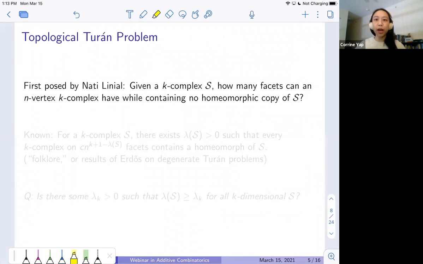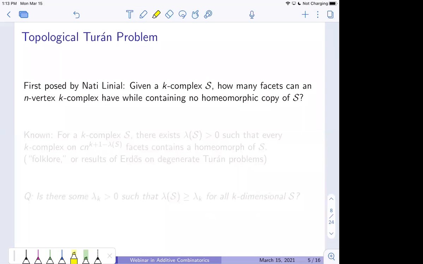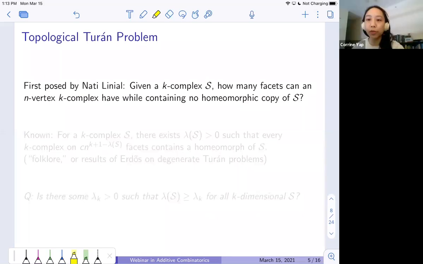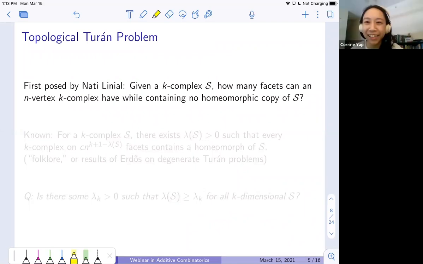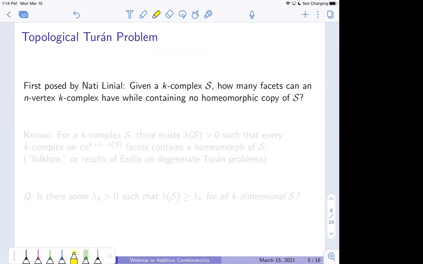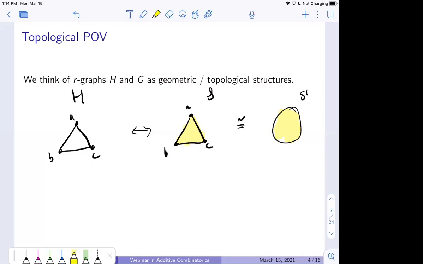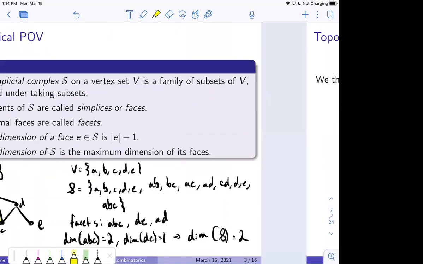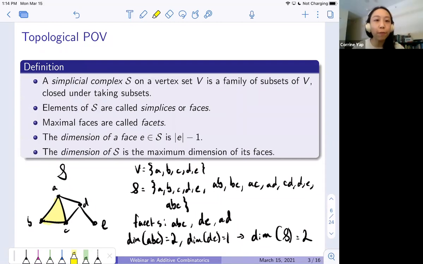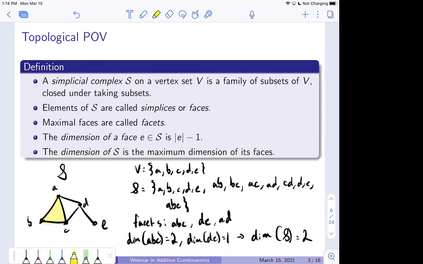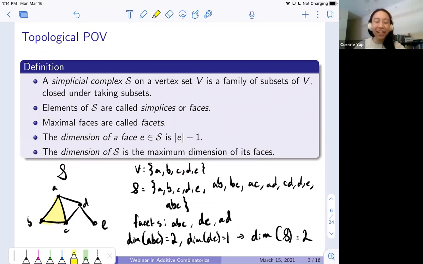So now I can tell you what the actual problem that I'm trying to solve is. Was there a question? Yes, sorry, I couldn't unmute myself earlier. What does maximal mean for a facet? I was surprised to see a couple of them. I would have expected just a shaded triangle in your previous example, but then you had extra edges. So I have multiple facets. I'm defining a facet as a maximal face, which means a face that's not included in any larger face. Okay, sorry, thank you. It's by inclusion. Right, yeah, so that's important.